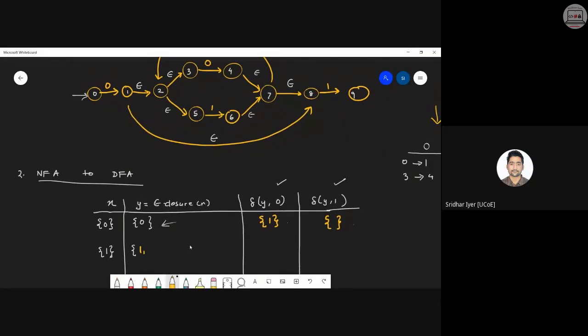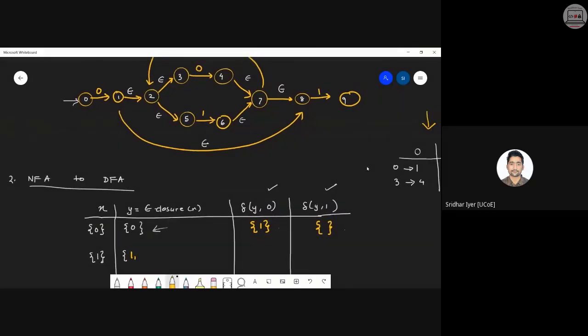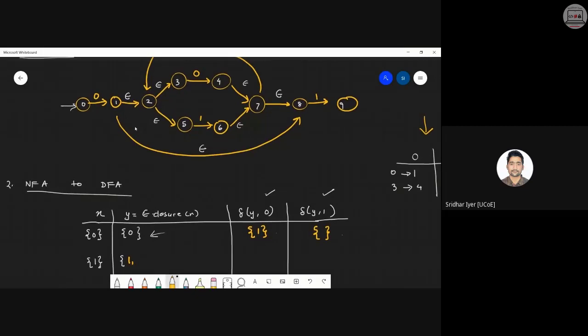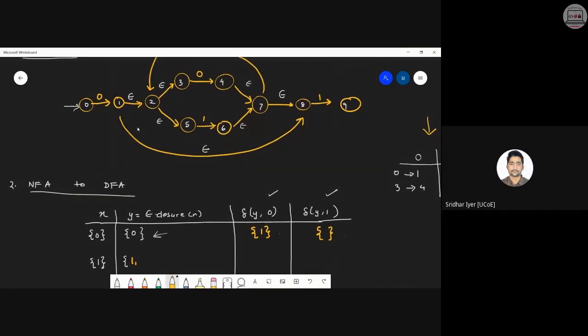Then from 1, epsilon closure के बाद कौन से, वो ध्यान से देखो, then we have a look at it. You were having doubts, kindly clarify it using this particular step. From 1 we can go to 2, yes or no, with epsilon path. So I can write 2 over here. From 2 I can go to 3. From 2 I can go to 5 with epsilon path, yes. So I will simply write 3 comma 5 over here. Anything else left?